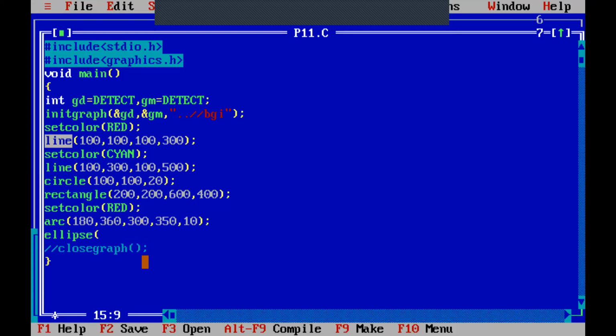According to my understanding, it requires x and y coordinates of the center of the circle, and x radius and y radius. So x radius, suppose 75, and y radius as 50, let us say.